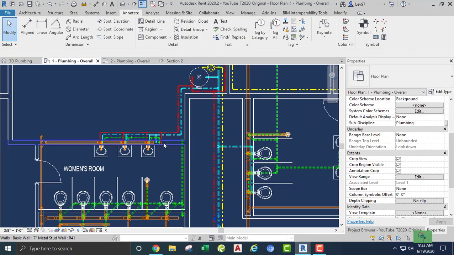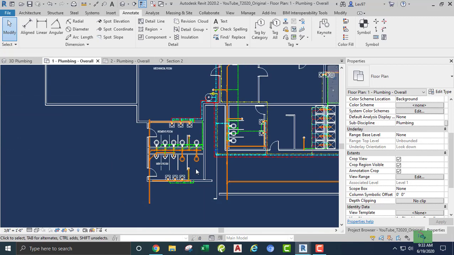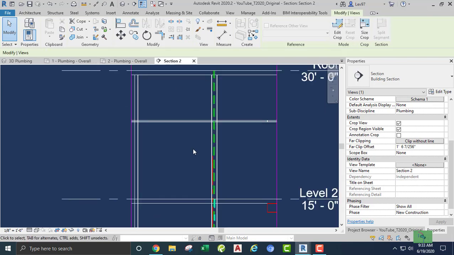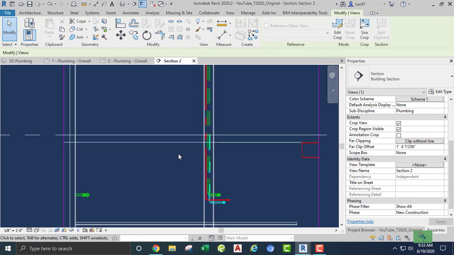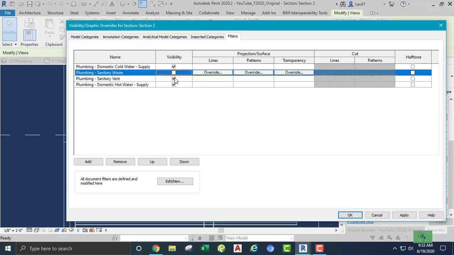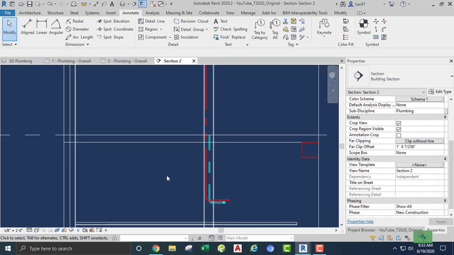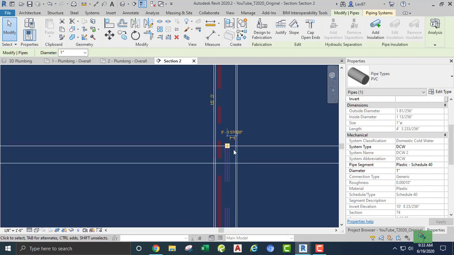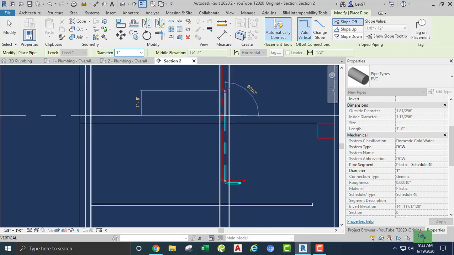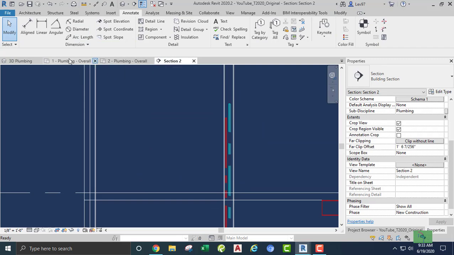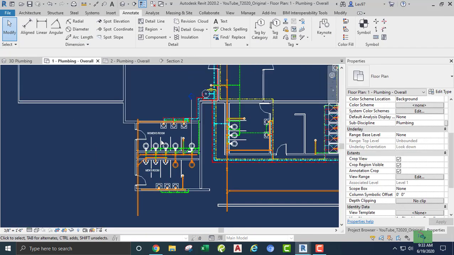Let's look at that because I think the cold water might be a little short. It might be okay, but let's take a look. Okay. Yeah, it's a little short, I think. Let's turn off some vent and waste so we can see what's going on. Okay. I'm gonna raise the cold water just a smidget. I think we're gonna come up from the bottom and connect. Okay, that looks good. So we got that, and